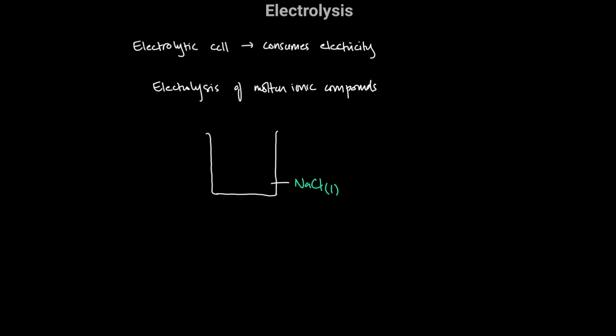Now, of course, in order to electrolyze or break down this ionic compound, again, lysis means the breakdown of something. So hydrolysis is when we break bonds using water. Electrolysis is basically the breaking up of this ionic compound with the use of electricity. So obviously, if we're going to consume electricity, we need a power source, and then we have these two electrodes,